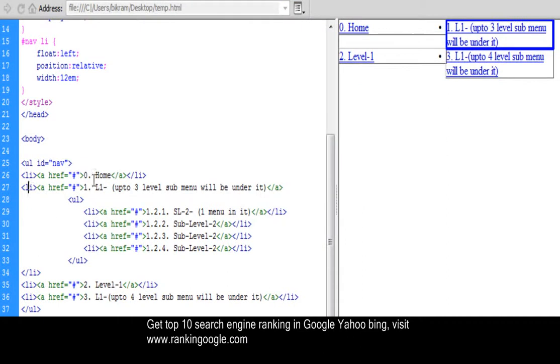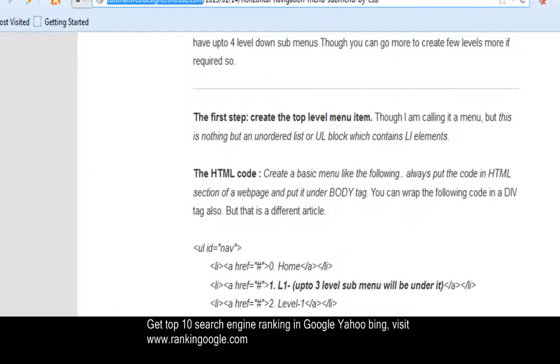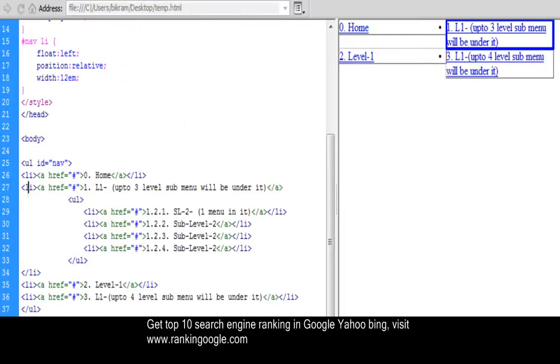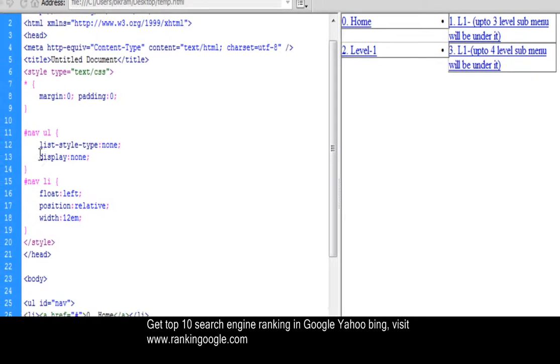Anyway, so this is the point, and if you save it and go to the browser, and I am just refreshing this page, refreshing or the F5 button, then you check no submenu is shown. Why? Because display is none.